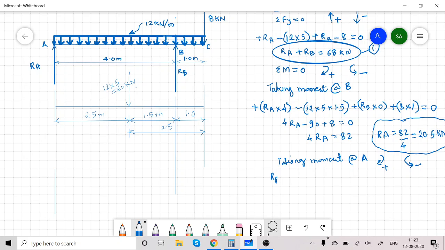RA into 0, no need to write, plus 12 into 5 into 2.5. See, the total UDL is acting at a distance 2.5 meter from A. So 12 into 5 into 2.5 clockwise moment, so positive, minus RB into 4